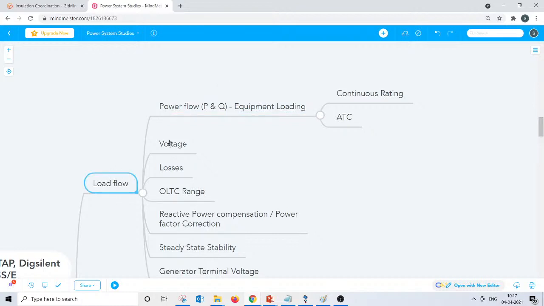Then it identifies the voltage at all buses. We need to ensure the voltage at all the buses in the power system is within the tolerance limit, maybe plus or minus 5, plus or minus 6, plus or minus 10, depending upon the country, the voltage level, and the equipment connected. If the voltage goes beyond this tolerance, it is always a problem. An increase in voltage damages the insulation, while a decrease in voltage increases the current and hence increases the losses, increases the voltage drop, and probably increases the temperature. In turn it again impacts the insulation. So we need to maintain the voltage within the limit.